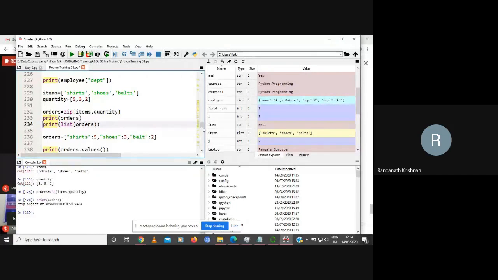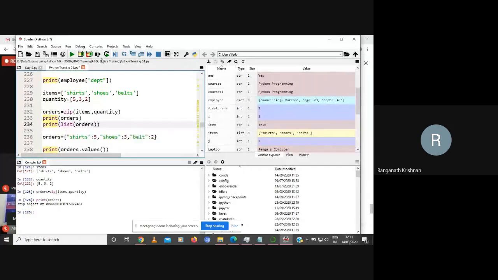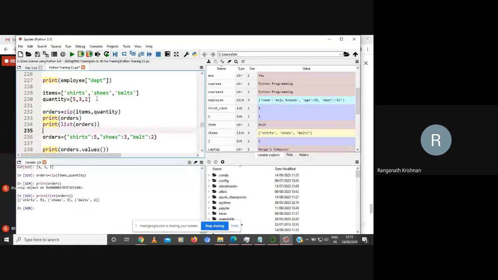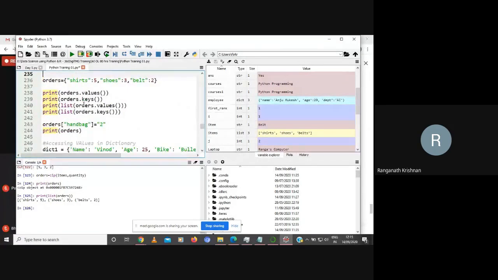You will see it is a zip object. So how do you see what is in there? You will use the list function, and you will say print list. See, it created a key value pair. So two ways to do it, whether I can do a dictionary object or I can use this, right?